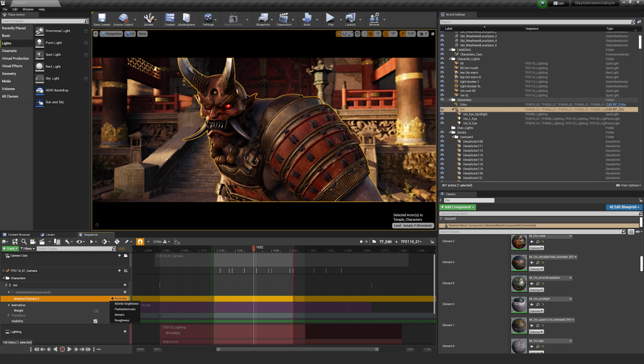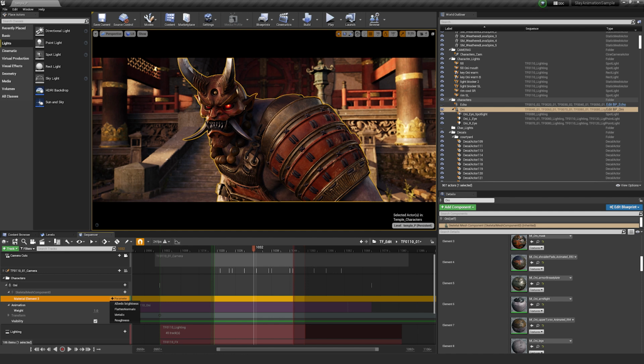With that, you have the ability to enable parameters inside of your materials that become accessible either via blueprints or via sequencer, as long as they are made public, which is just turning it into a parameter and not having it be a constant. That is going to be covered in the materials lesson, which will not be covered here. But anything that you make a parameter can be adjusted here.